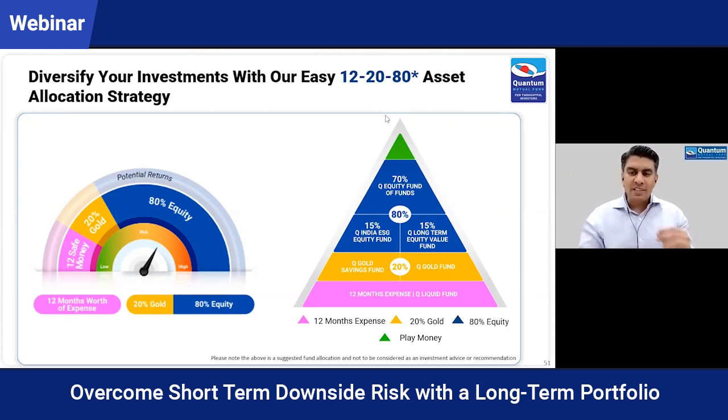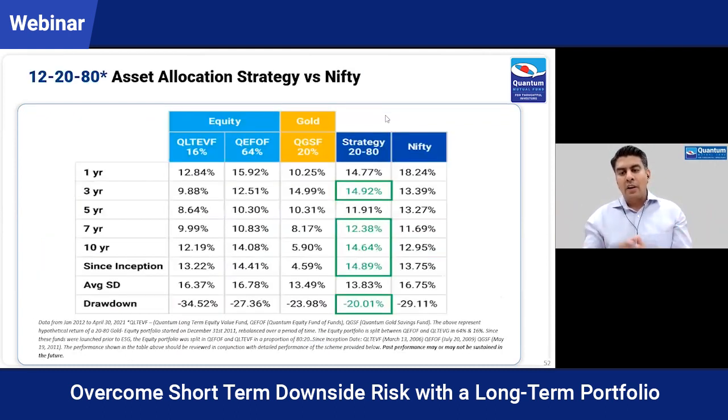If you don't understand an investment or a fund or an asset market, then don't invest in it. Invest in things that you can easily understand. And this simple allocation, as we have shown, gives compounded annual returns of 14.9% after expenses. It's a great return for you to reach your financial goals. And if that simple thing helps you achieve that, then why get into complex things which you may not understand and fall into traps of making the wrong investment call.